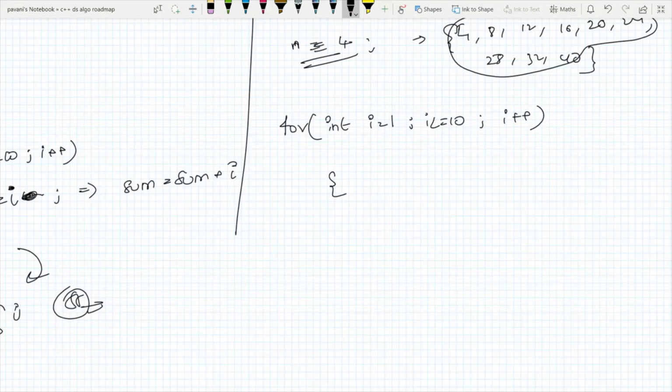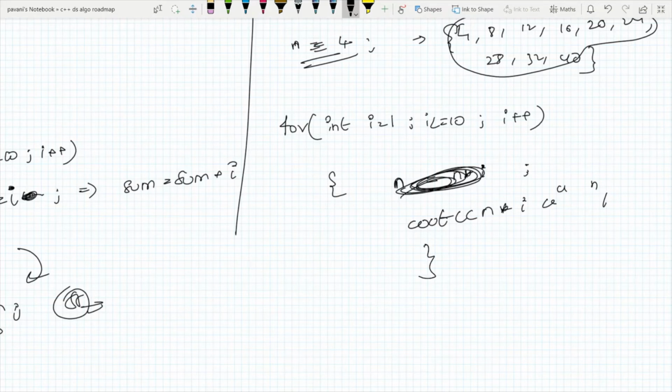And I'm writing like n equal to n into I. No, sorry. See out n into I. Yeah, this is the correct command, okay?